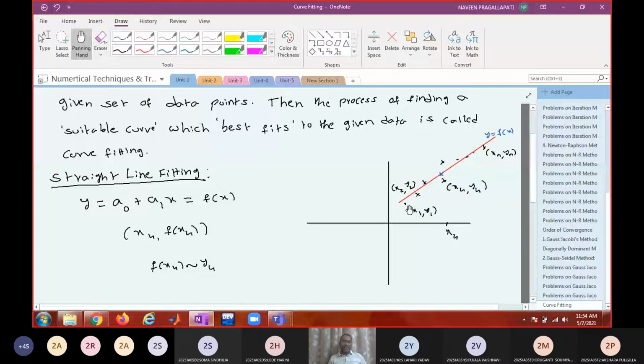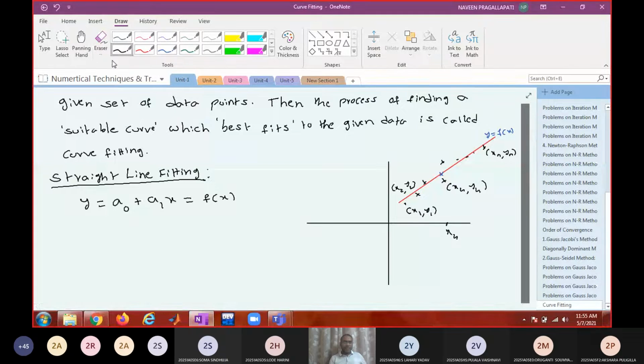Like that, there will be several errors. How many errors? Epsilon 1 is one error, which is the difference between f of x1 and y1. Epsilon 2 is the error between f of x2 and y2, and so on. Epsilon n is the difference between f of xn and yn. So we not only want to minimize error e4, we want to minimize all the errors e1, e2, and so on, en. Or instead of that, you take the sum of all errors. If that error is minimum, then the individual errors also will be minimum. Okay, so we want to compute an error.